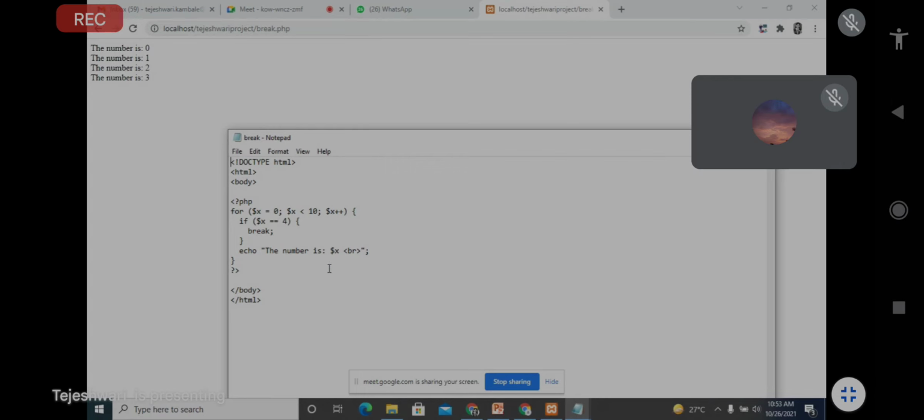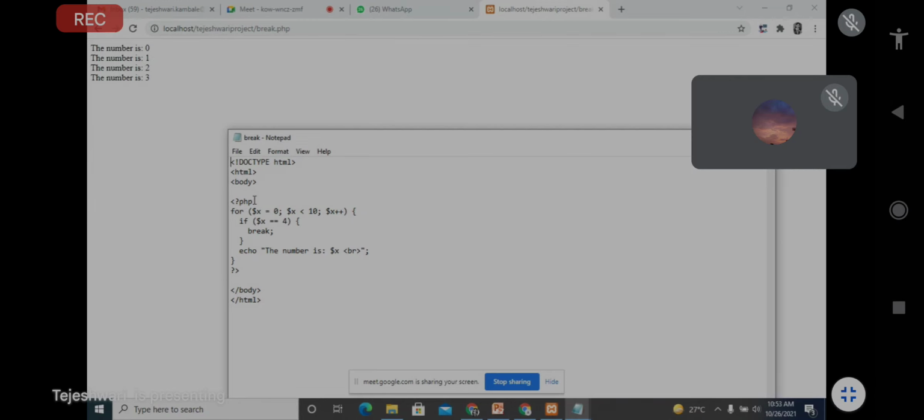Again the control goes to the for loop, where the x value, that is 2, will be incremented by 1 and become 3. Now is 3 equal to 4? No, false. So the number is 3 will be printed.